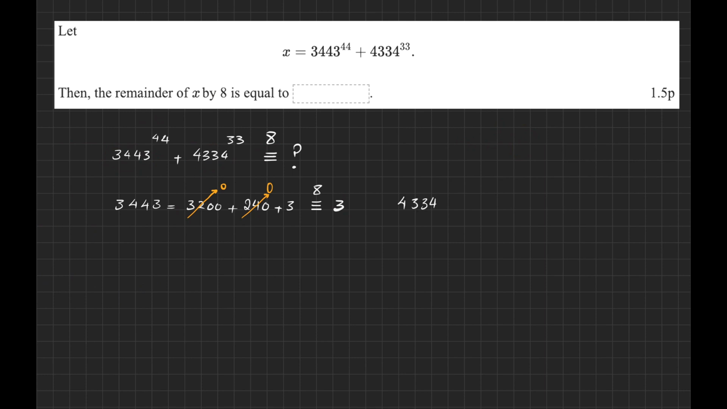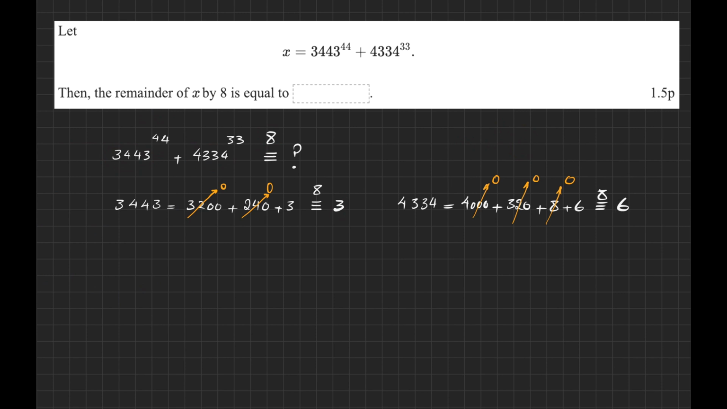And I can do the same thing for the next number, 4334. I can write it as 4000. My goal is to extract multiples of 8 out as much as I can, plus 320. So far 4320, and then I have 14 left. So instead of 14, I can also write 8 plus 6. Okay, so now if I want to simplify modulo 8, then what happens? This is again 0 because it's divisible by 8. This is also 0, divisible by 8. This is also divisible by 8. So the answer is simply